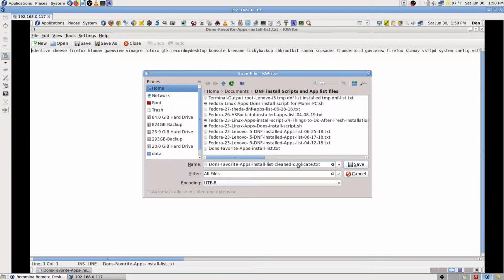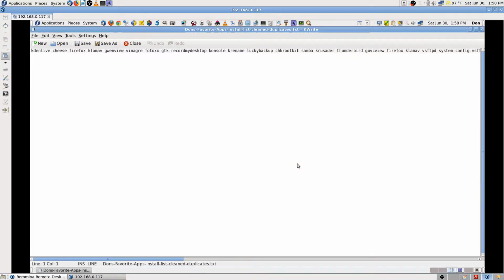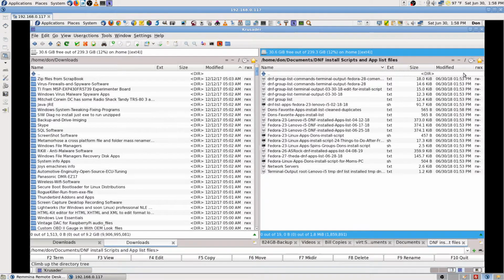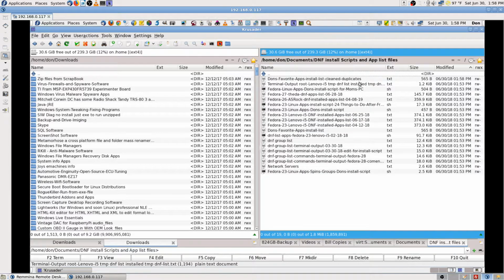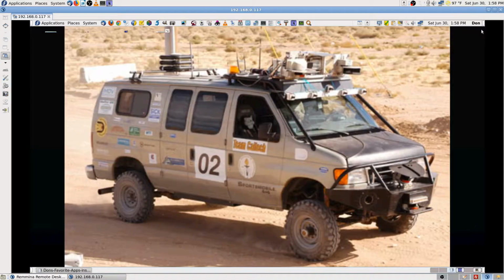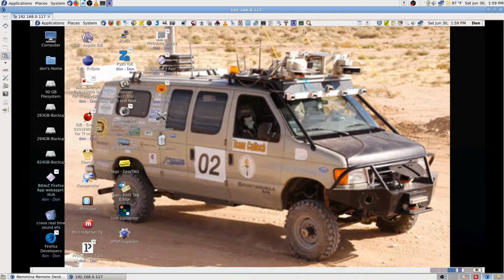Duplicate, clean duplicates, just like that. Okay, now I have two of them. Should be, yeah, clean duplicates. Okay, now I can really just close them. Okay, now I want to look at my,